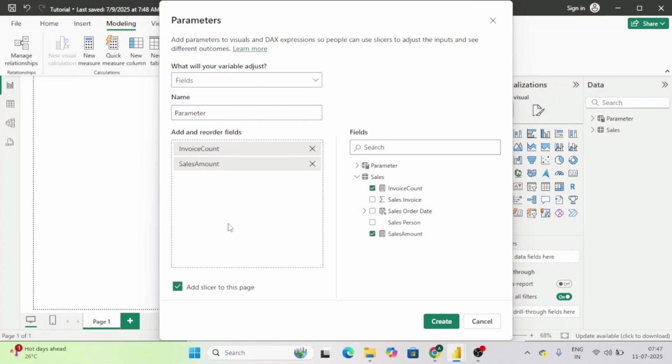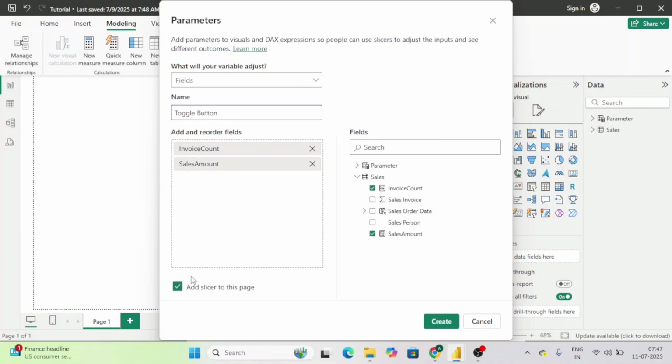These two measures we have taken, and we can modify the name as well, parameter toggle or whatever we want to put here. As I have already created it,